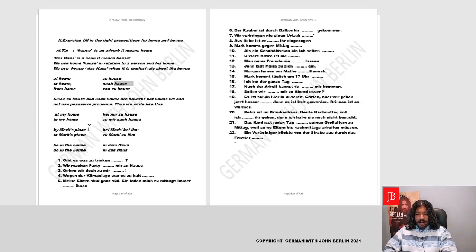Now, since we know at home is zu Hause, going to home is nach Hause, let's understand how to say my home. My home would be at my place at home. At my place at home could be interpreted like my home. So if you want to say let's meet at my home, it'll be treffen wir uns bei mir zu Hause. At my place at home. Now if you want to say let's go to my place, then you could say like we said here, nach Hause. So you'll say gehen wir zu mir, to my place, nach Hause. Yes, zu mir, nach Hause. So this is a little complicated. We'll practice this when we do the exercises.